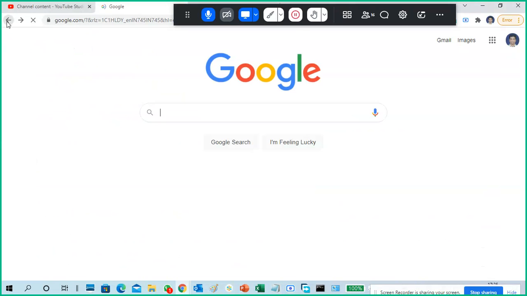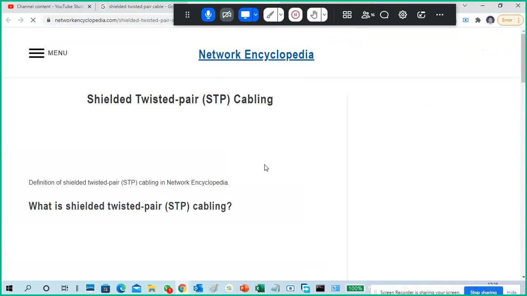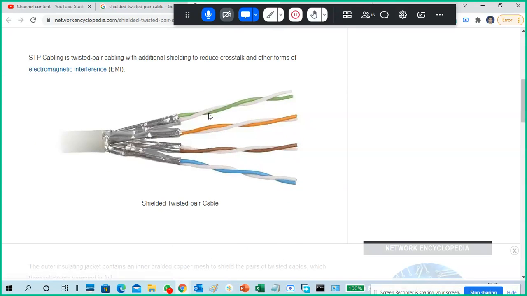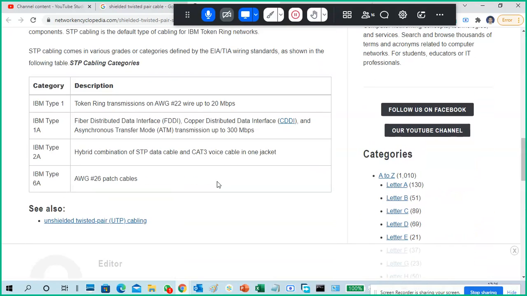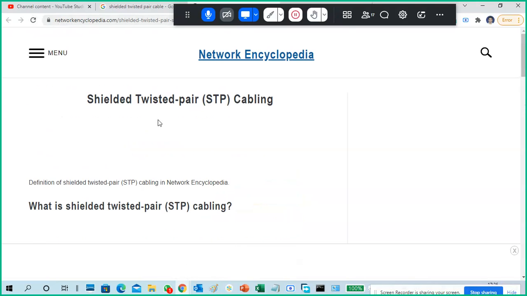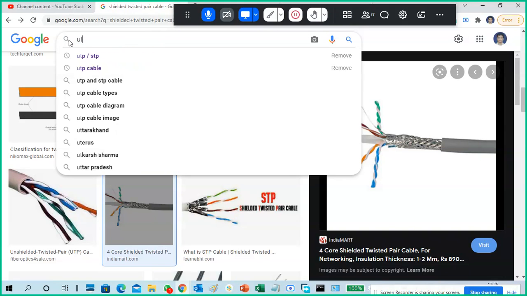Okay, so if you want to look at these twisted pair cables, like this. I just clicked on it. Okay, here is the image. See, there is a green, orange, brown, blue, and there is a white for everything. But on the white wire, there is a small line, like a small green line on it. UTP cable colors.